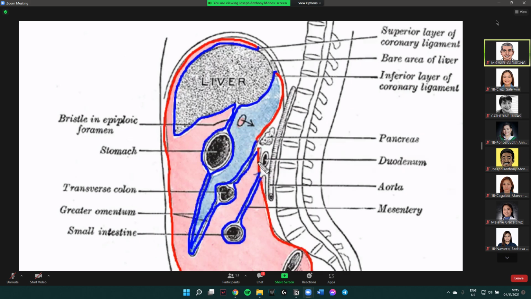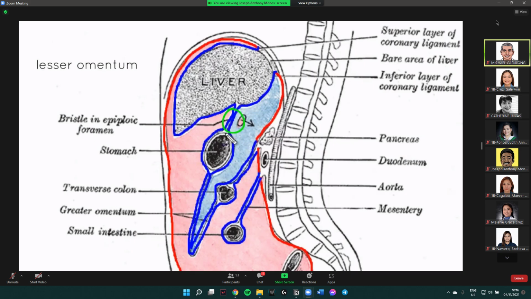So the peritoneal cavity is divided into a greater sac and a lesser sac. So remember I mentioned omentum. There's a lesser and a greater omentum, and the lesser omentum connects the lesser curvature of the stomach to the porta hepatis of the liver. So this bit here, this double fold of visceral peritoneum connecting the liver to the lesser curvature of the stomach